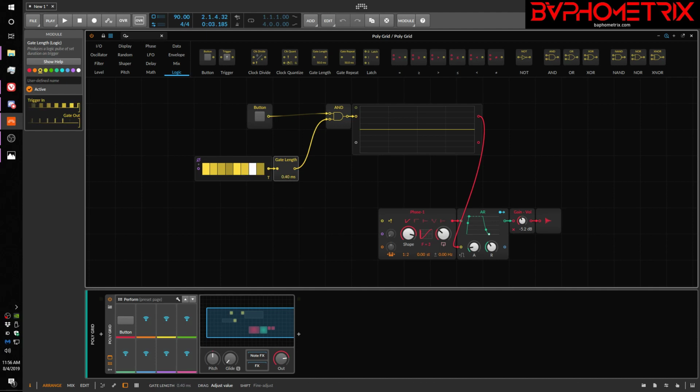If I turn this way down to a very short millisecond value and we turn this on, you see we've got tiny little blips that are effectively like short little triggers. And in fact, they're so short that if you look at the envelope over here, they never stay on long enough for the attack to rise all the way to an audible volume. Instead, they're rising about this far and then shooting straight across and releasing because the gate's so short. Now, as I start increasing this value,